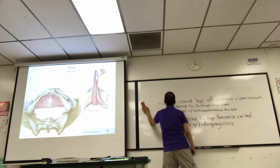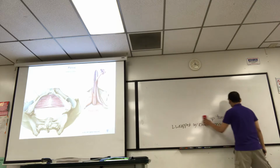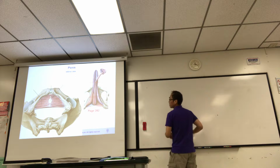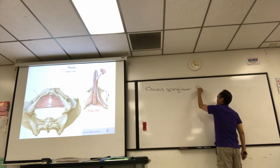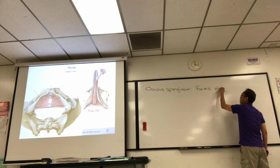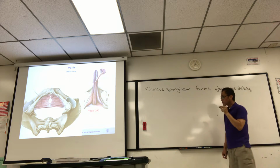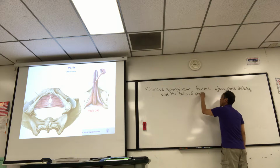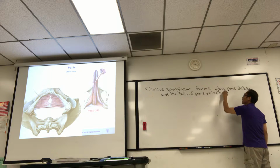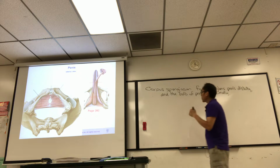Write that down. So corpus spongiosum forms glans penis distally and bulb proximally. And the bulb of penis proximally. So those are two different things, bulb and glans penis, but they are both basically that erectile body, corpus spongiosum. What you can see is that the paired dorsal bodies, the corpus cavernosum,